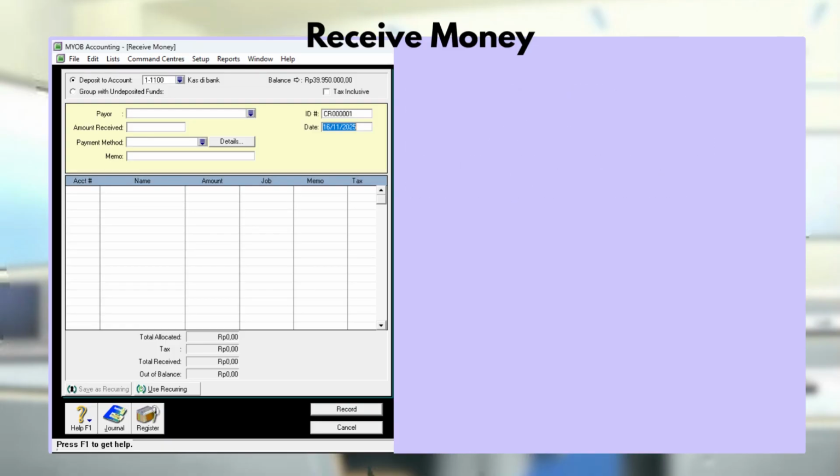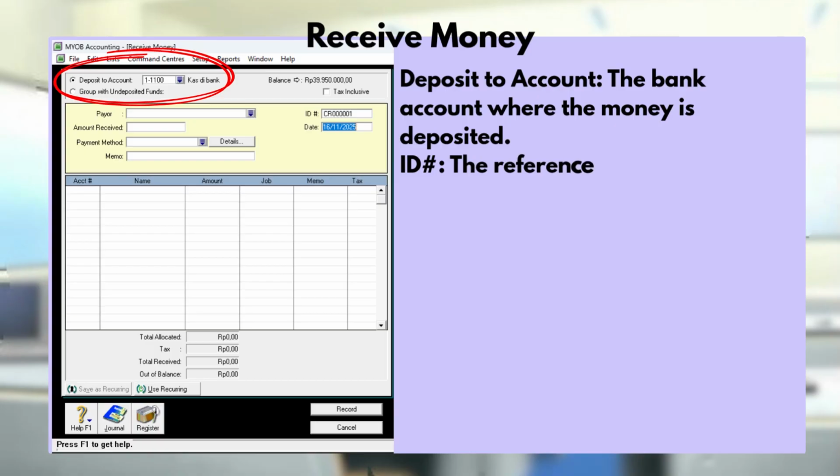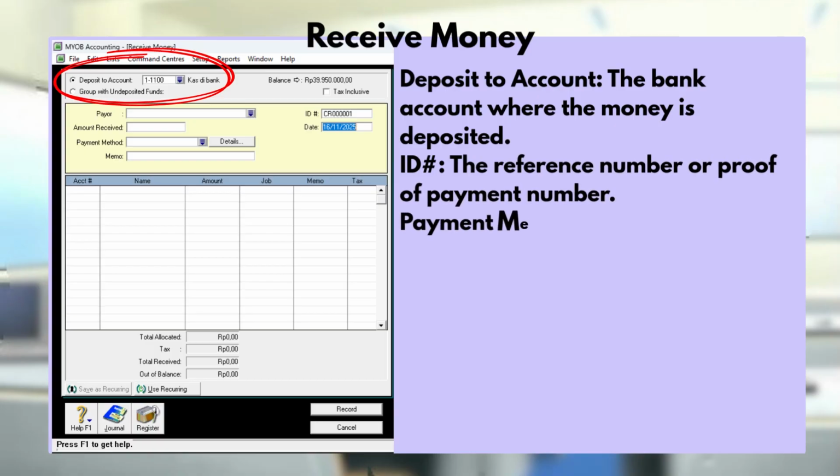On the left side of the screen, we can see the receive money form. The form consists of several parts that must be filled in each time the company receives money. First, we select the bank account where the money is deposited. Most companies have several cash or bank accounts, so selecting the correct account is important for accurate recording.